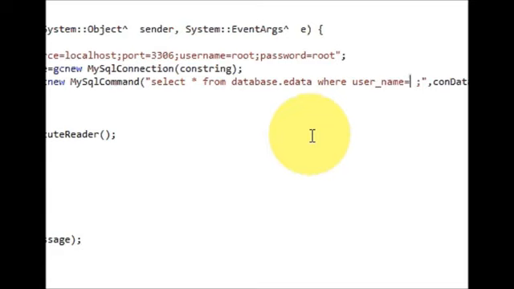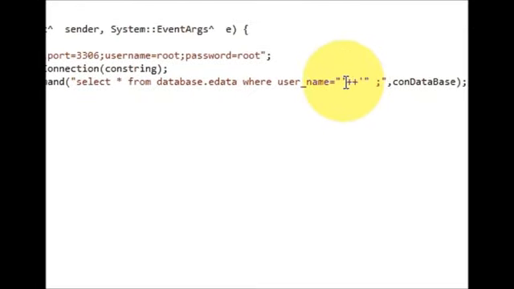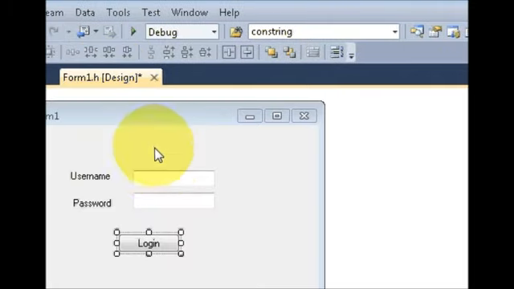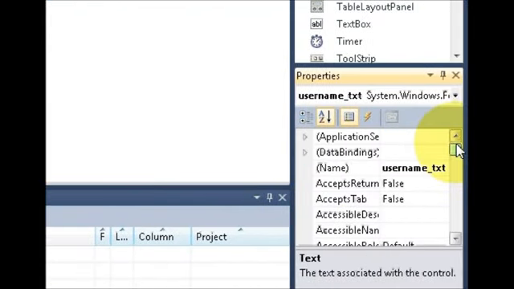So write two quotes, double quote, in between them write two single quotes, and in between them write two double plus signs. In between the two plus signs we will write, so what we will write, we will click this username text box and go to the properties and copy the name of